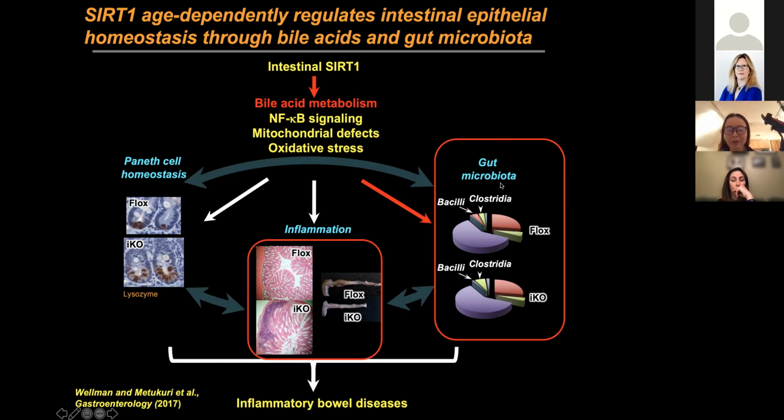And the inflammation, we believe most of it comes from the bacterial defect, because we did some experiments to eliminate this bile acid defect. So once we eliminate this bacterial defect, the defect in gut microbiota is gone and the defect in inflammation is gone. Okay. However, the Paneth cell activation is independent of this, because even after we did all this, we get rid of the difference in the gut microbiota by antibiotic treatment, or we treat the cell with bile acid sequester to eliminate the difference with bile acid, this hyperactivation is still there.